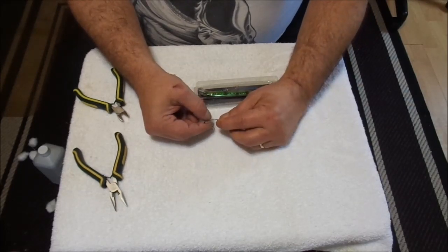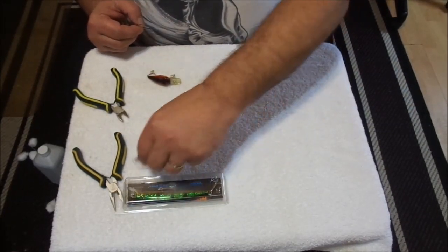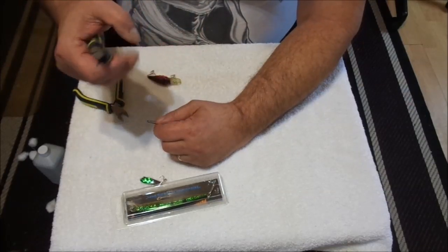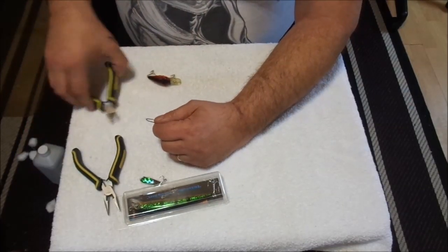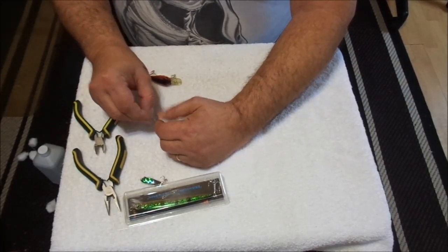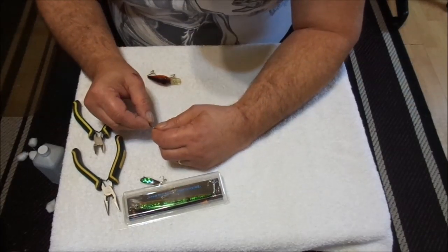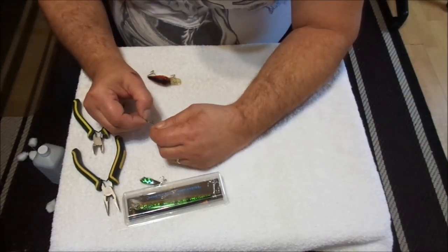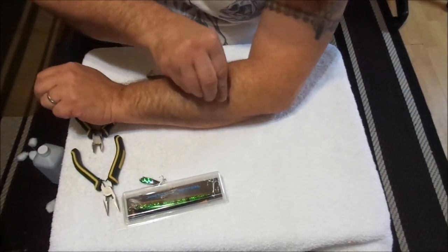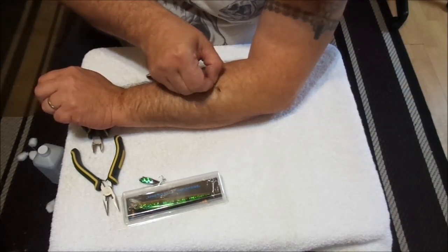Well, let's start with this one. Alright, get this stuff out of the way. Yeah, and fishing, you should always have a good pair of needle nose, maybe some dikes, okay? But this one here, I'm gonna show you maybe 2 different ways to get these out, okay? Because you can never get them one way or the other. So first thing you want to do,